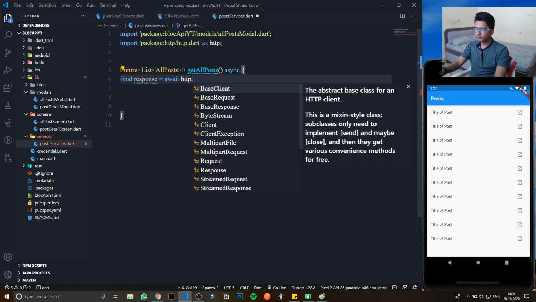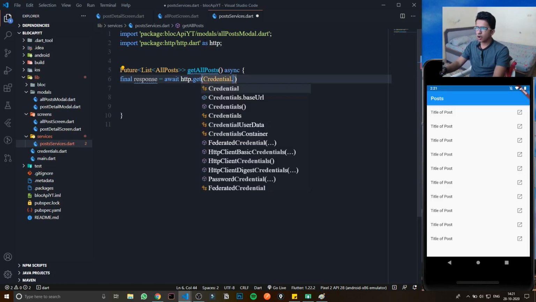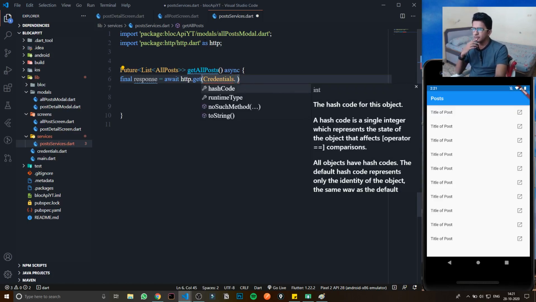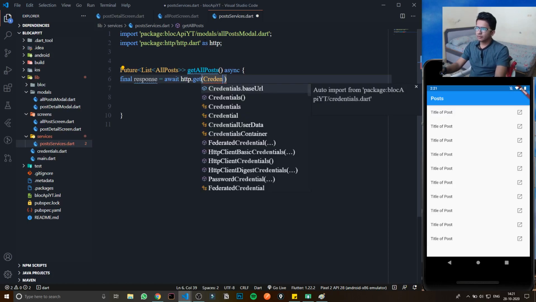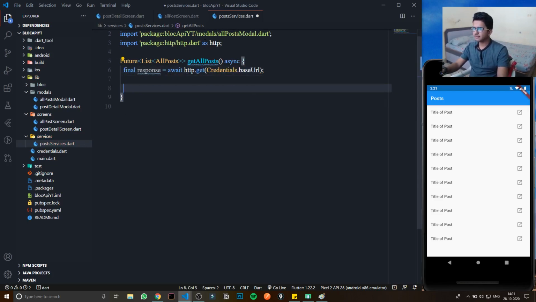Okay, http.get. In get we can use credentials dot, what was the name, credential.baseUrl. Yep, it is this.